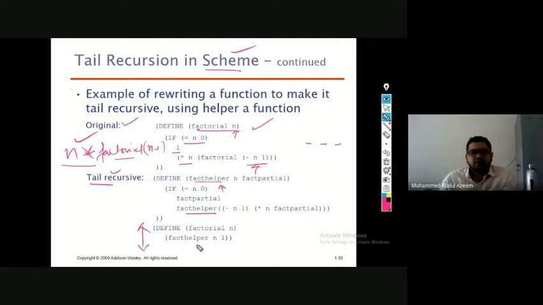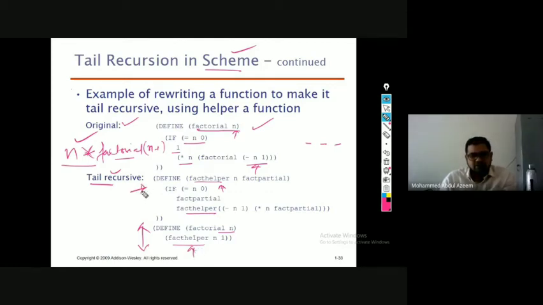But then the next statement we have is fact helper n 1. This is an extra helper function, which is converting this normal recursive into tail recursive.